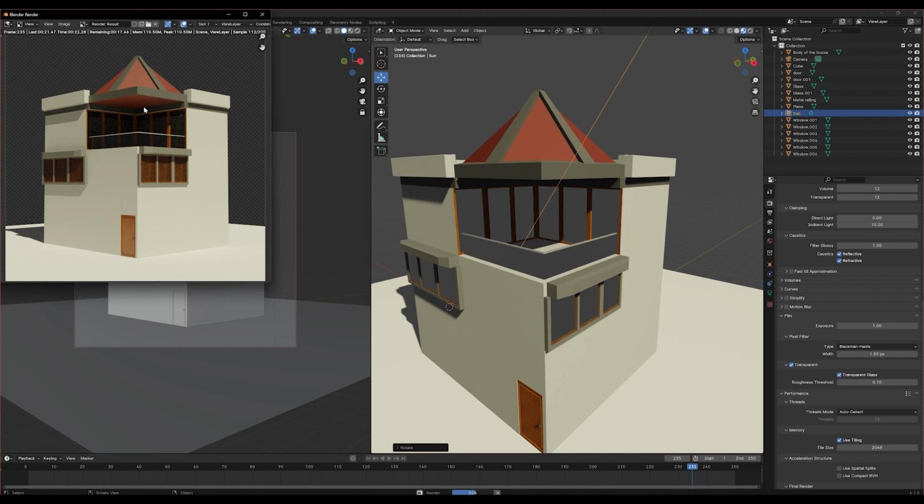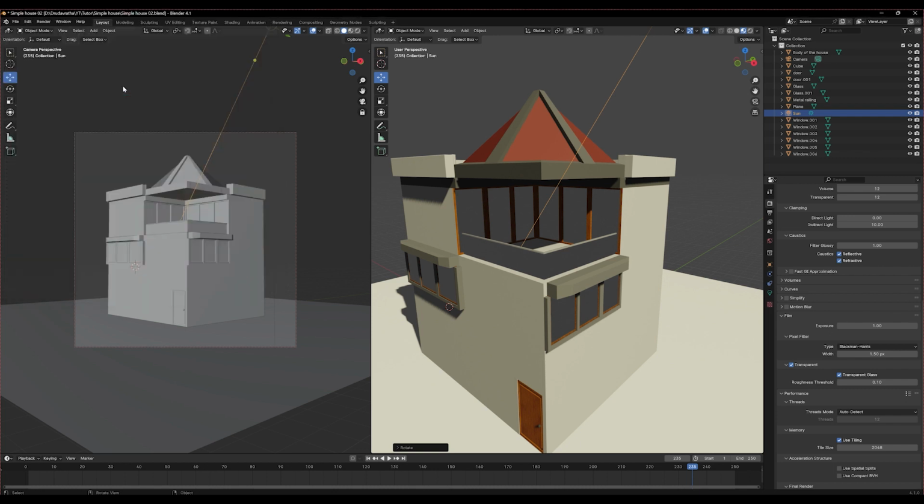Sometimes it will damage your computer. It might happen, your operating system might crash, or sometimes RAM may get damaged, or graphics can get damaged. So if you have limited resources, always try to render